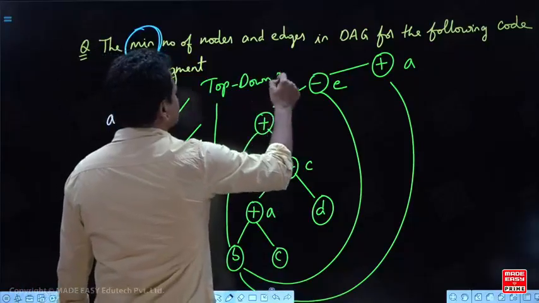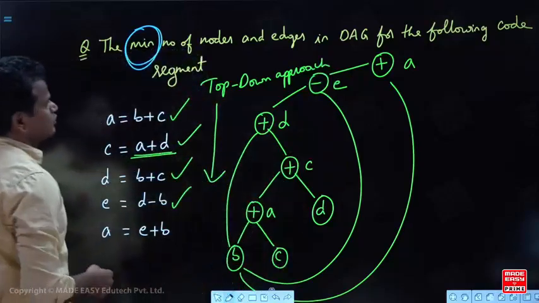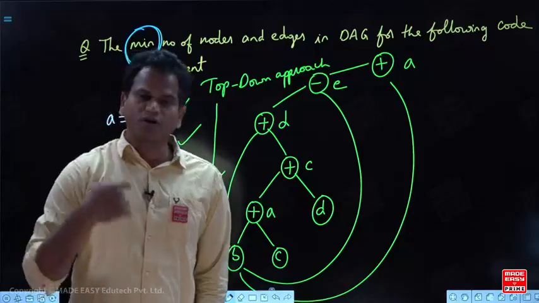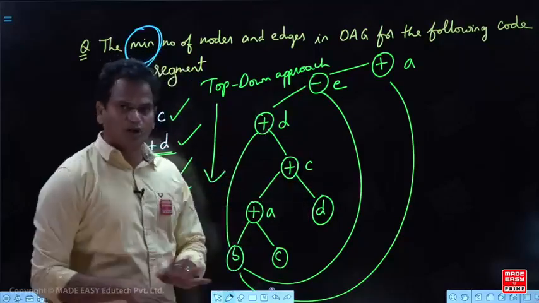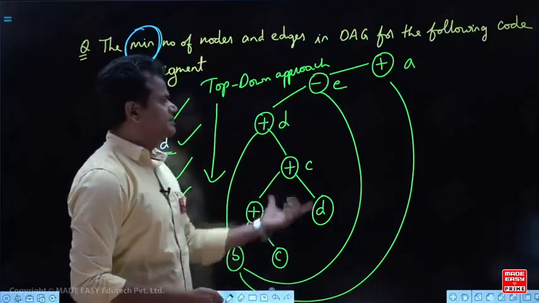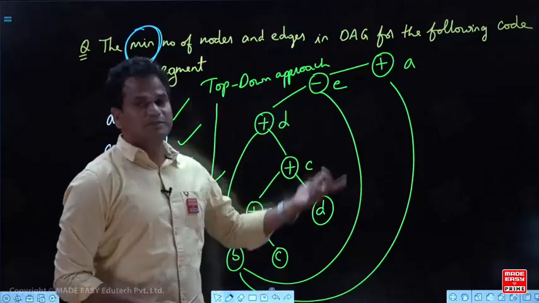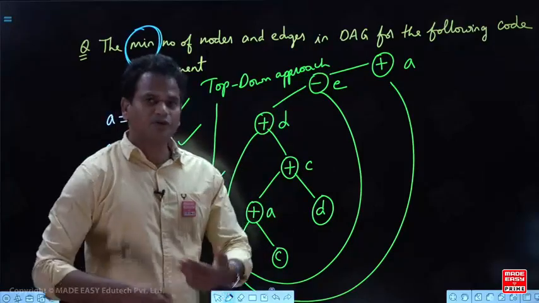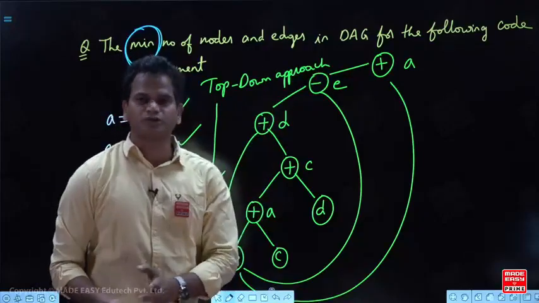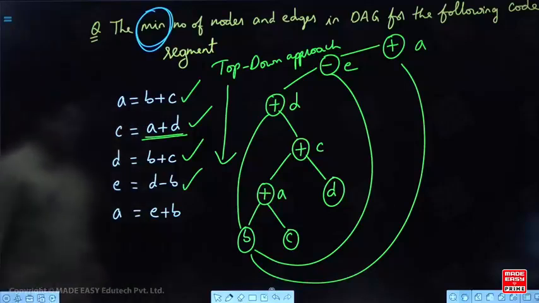This is the top down approach. So whenever they have asked for the minimum number of nodes and edges in the DAG, we will go for the bottom up approach. In the top down approach, of course, this is a DAG, no doubt, but the number of nodes and edges may not give the minimized one. So we will go for the bottom up. Whenever they have asked the question, you go for the bottom up approach. What is the bottom up approach? I will tell you. You just copy this one if you want. So make it fast. Make it fast.